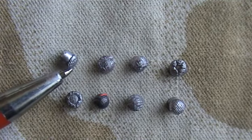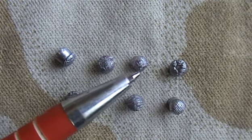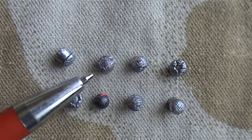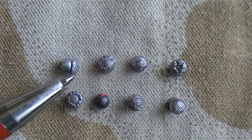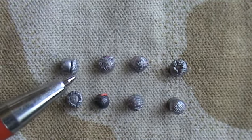This is the RWS Super Mag. You can see how it's deformed there, and you will notice on all of these, well, most of them, they've got the pattern imprinted into the head of the pellet of the jean material. So each of these pellets, it looks like they give the target a good whack, but there you can see it's expanded in the diameter a little bit,